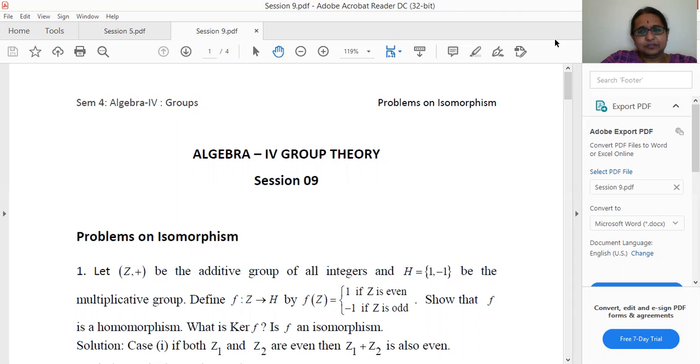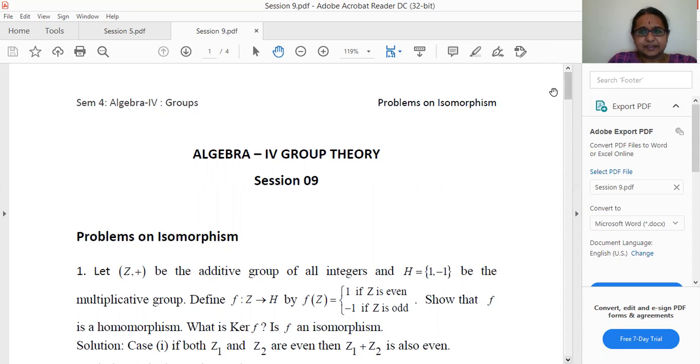And onto, for that we take an image, that is, if F of A belongs to G dash, we say that there exists its pre-image A belonging to G with the function defined satisfying that condition. Then the function F is onto. So when F is a homomorphism, one to one and onto, we say the mapping F is an isomorphism. So we shall go to this problem.